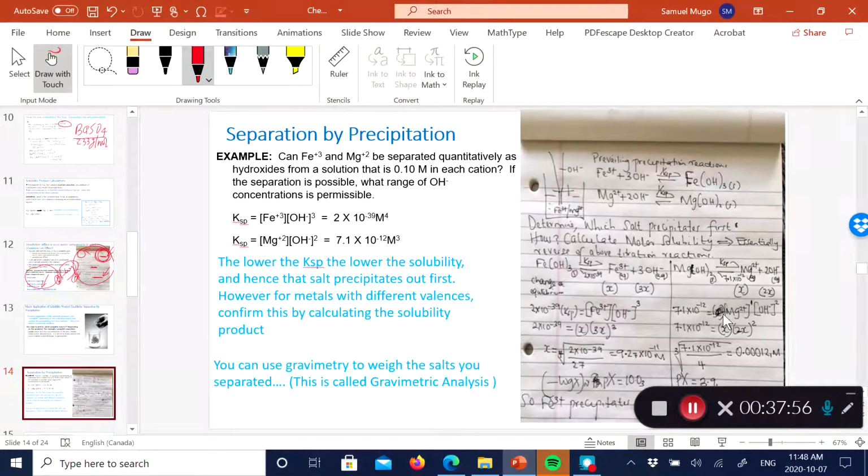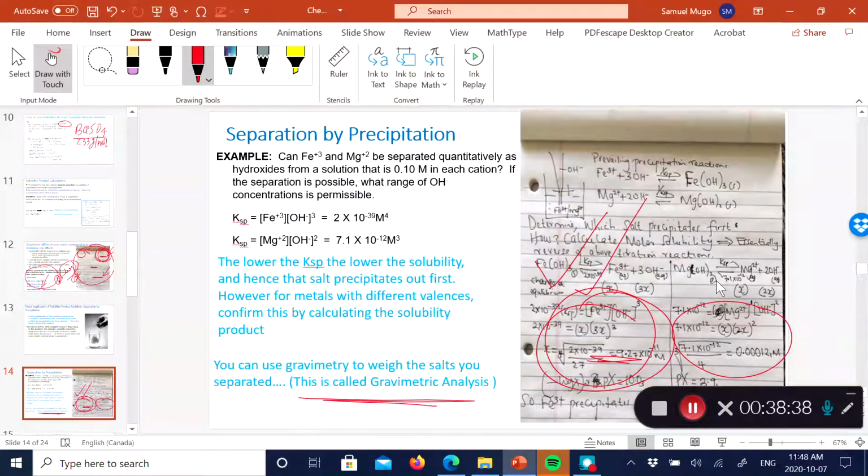I feed it into the equilibrium expression, and I get X equals 0.000121 molar concentration. So you can see that this one is very insoluble, very, very small compared to this. So you can see that my iron hydroxide is much, much less soluble compared to the magnesium hydroxide. And so in essence, you can add the hydroxide and the iron precipitates, you remove the precipitate, possibly even for gravimetric